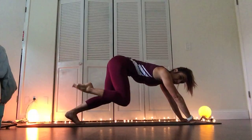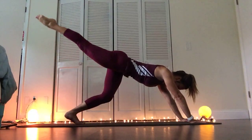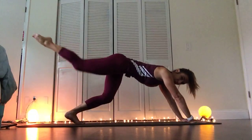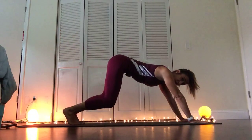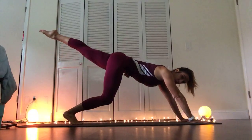7, 8, 9, 10. Take that foot down. It's ready for the other side. Pull it in. Extend. 1,